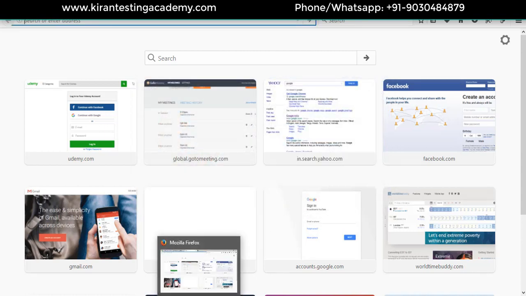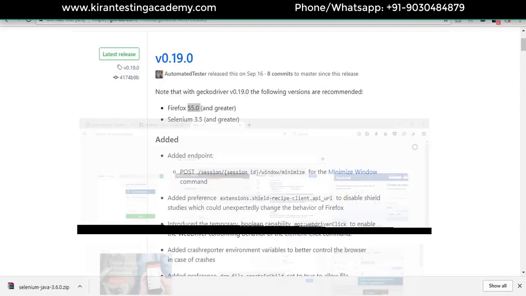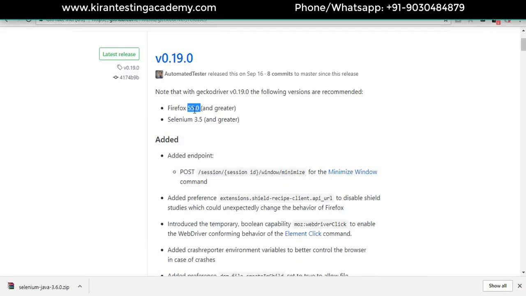But once we update the Firefox, there are chances that some tools called Firebug and Firepath may not work properly, but no need to worry. We have other alternate sources also. Fine. So as of now, just check this and download